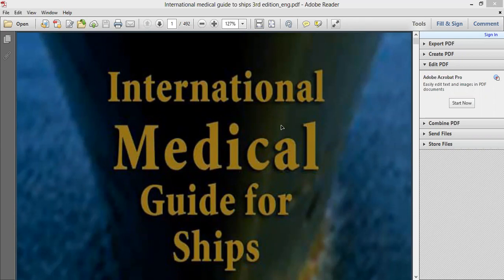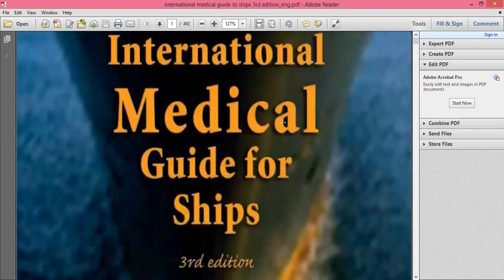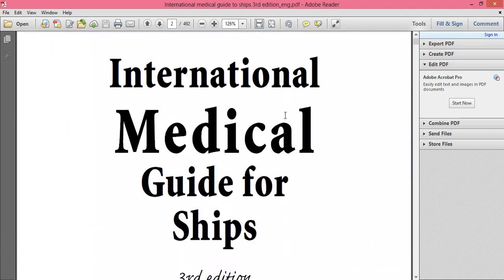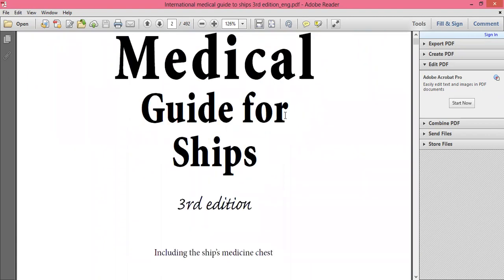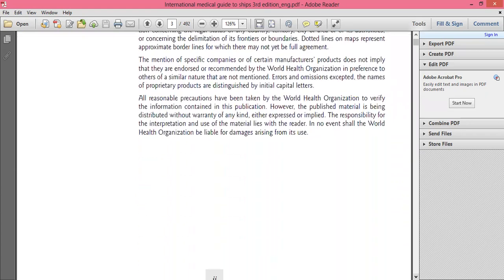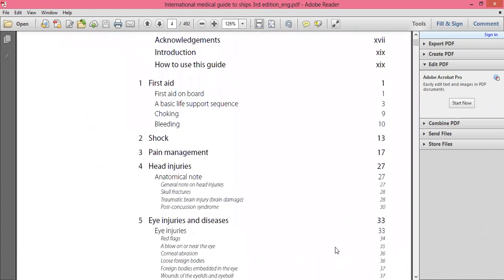We do understand that on the ships, medical emergencies can happen at any time, and we need to refer to this book to administer first aid or to treat a casualty. What is given in this guide, medical first aid guide? So this is the International Medical Guide for ships, and what is given in this is information on how to administer first aid